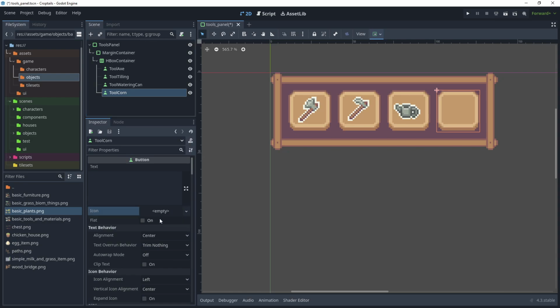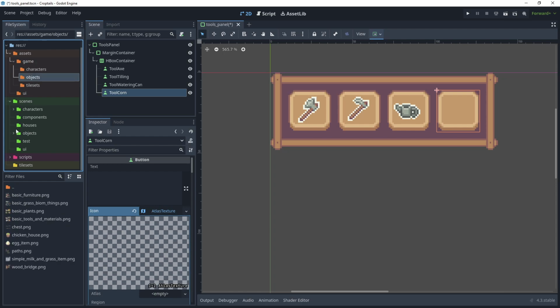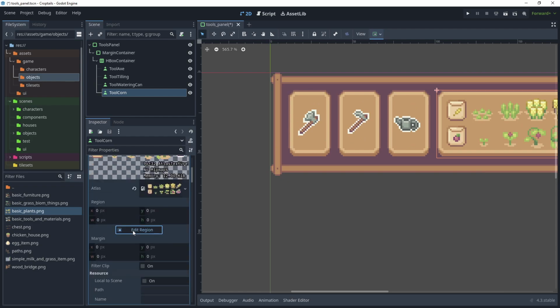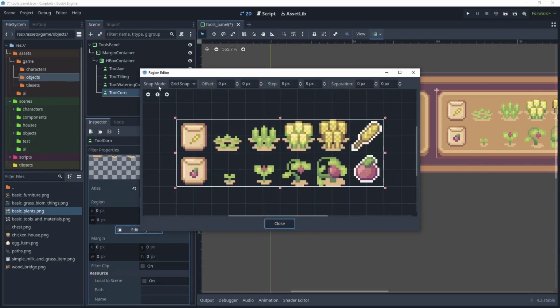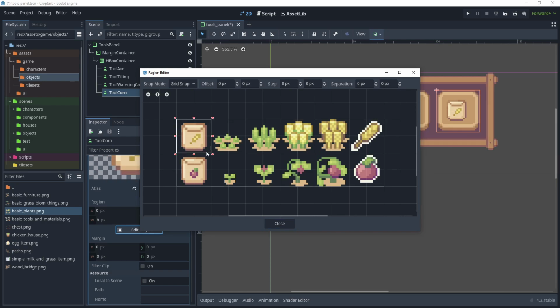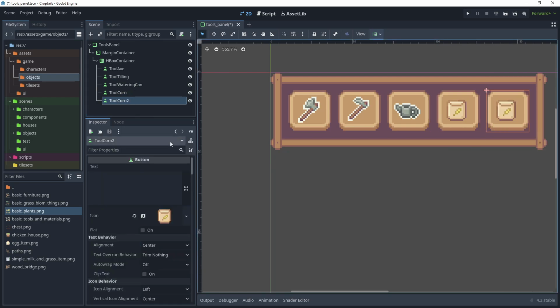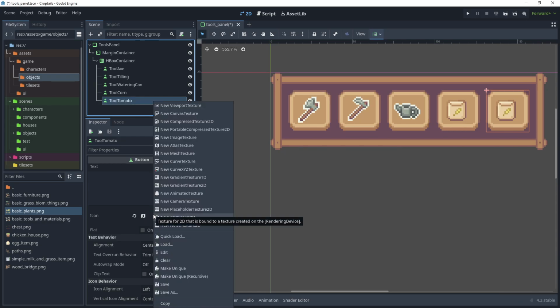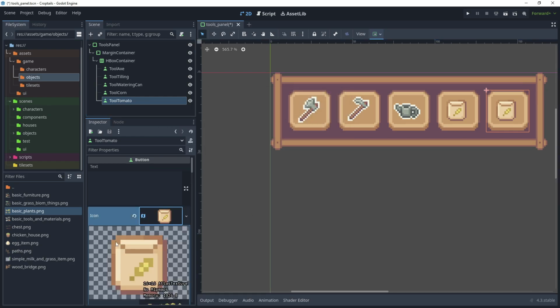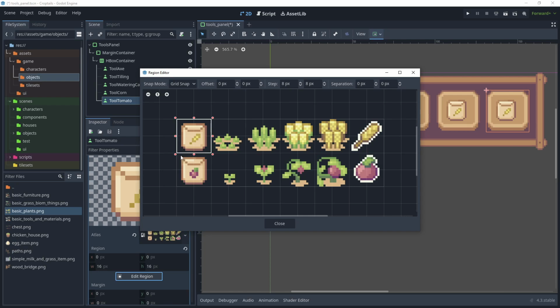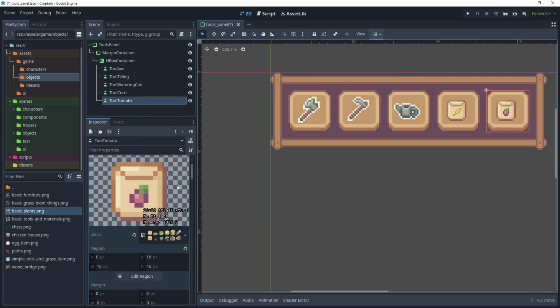But for the icon, let's just create a new atlas texture. Open that, and in the assets game objects folder, bring over the basic plants and just put that into the atlas. Then click edit region, use grid snap for the snap mode, and then choose this seed bag here. Close, then duplicate the tool corn button again, F2, and call this tool tomato. Then right click the resource for the icon and we can just make this unique and recursive. Open that, edit region, and then just choose the tomato seeds and click close here, and then we can save